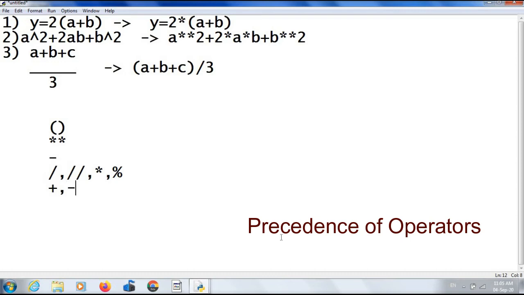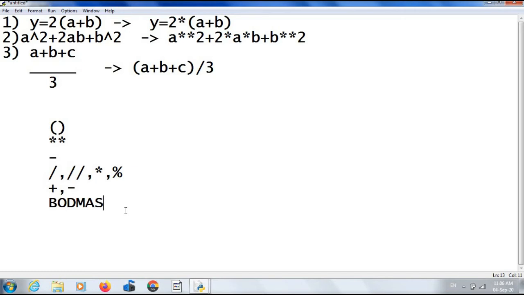So the highest priority is for the parenthesis and the lowest priority is for addition and subtraction. This is just like your math BODMAS rule. Bracket, of. Here no of. Division, multiplication, addition, subtraction. Division and multiplication are having same priority and addition and subtraction are having same priority. So when you write expressions, you have to remember these priority rules.